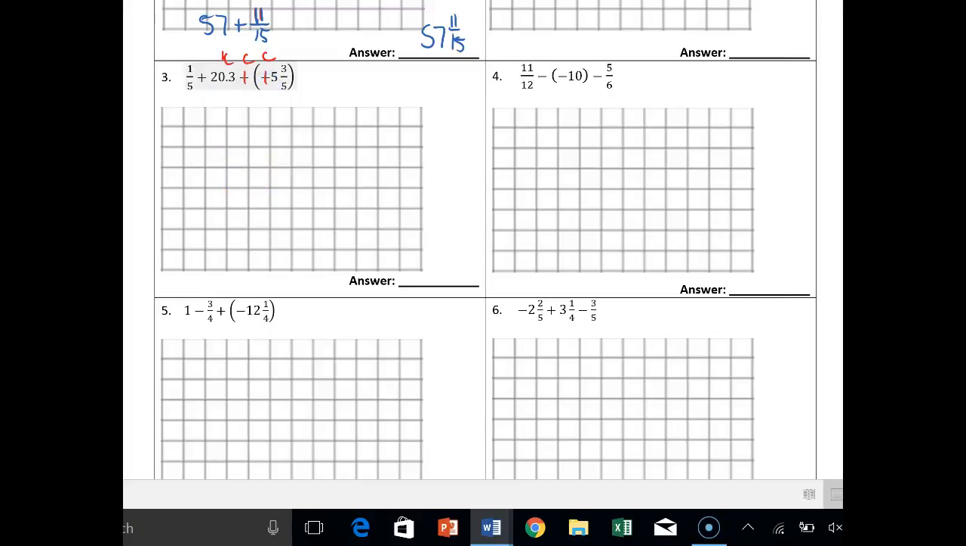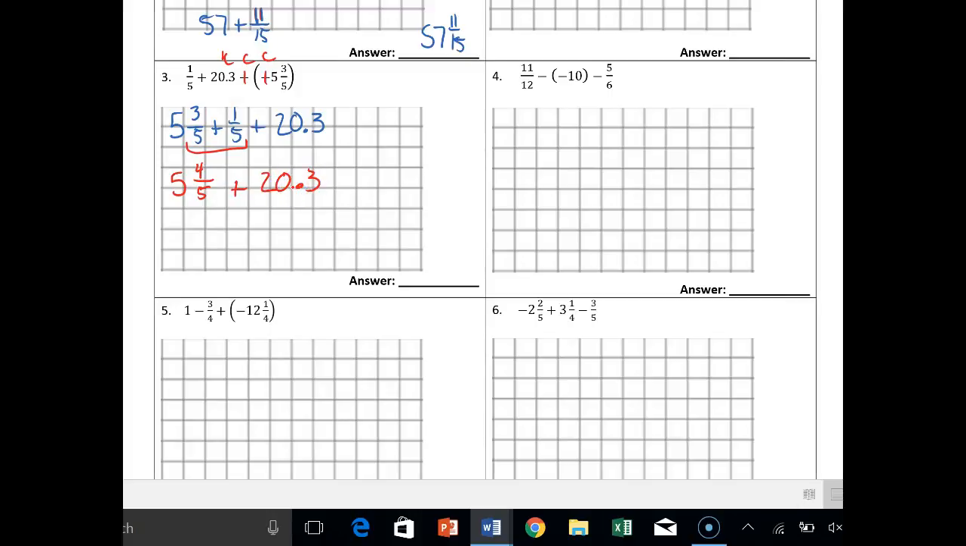And now let's rewrite this using the commutative property to see if we can get some guys right next to each other. So let's write it as 5 3/5 plus 1/5 plus 20.3, right? So hopefully you can see right here, oh, I have common denominators, so I can just add those together, right? So this will be 5 and 3 plus 1 is 4, and obviously keep the denominator, 4/5 plus